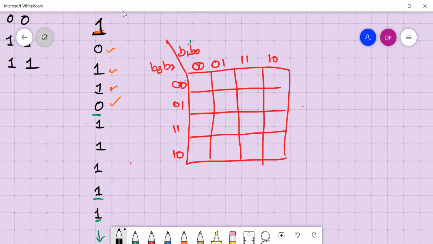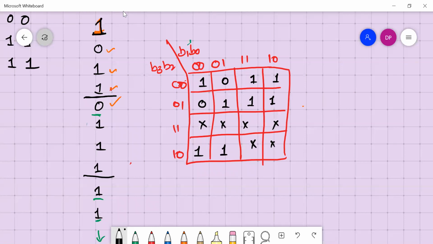So this is 1, 0, 0, 1, 1. 1, 1. Okay. Next, so after this it is 0, over. Then 0, 1, 1, 1, 1. 1, 1. Okay. This is over. Then you have 1 and 1. Right? All are don't care over here. Right? Just a minute.